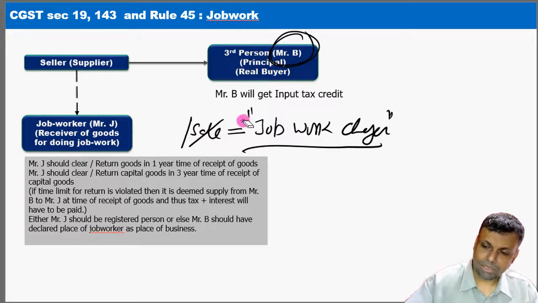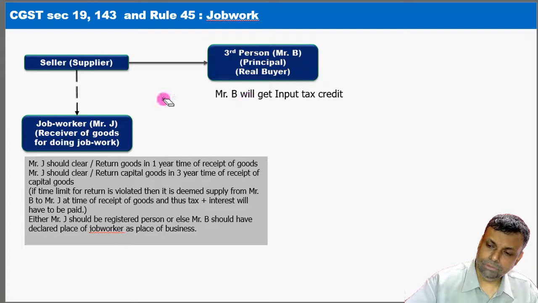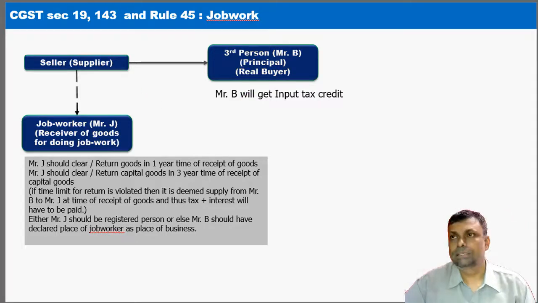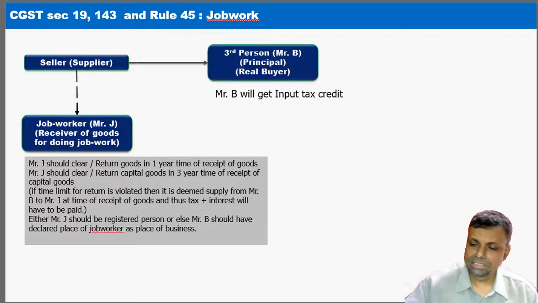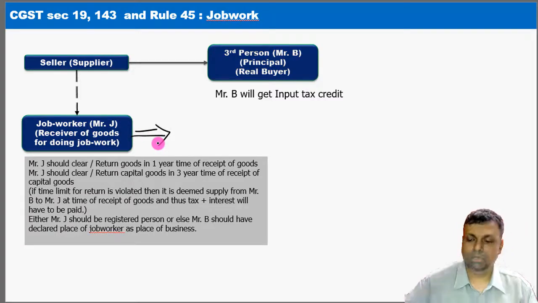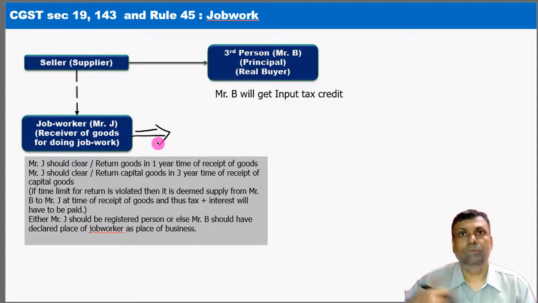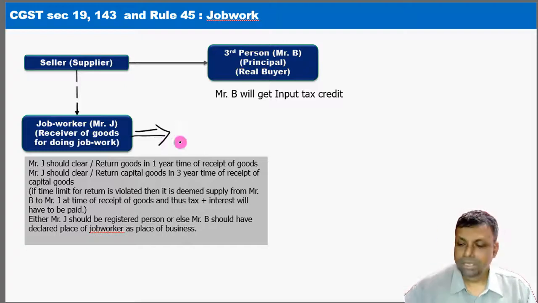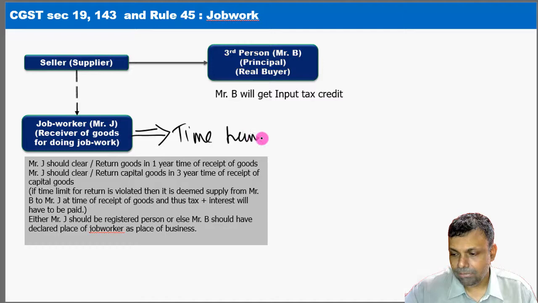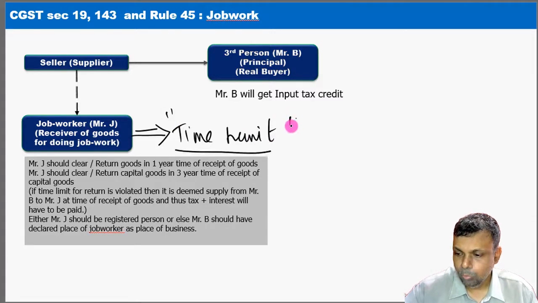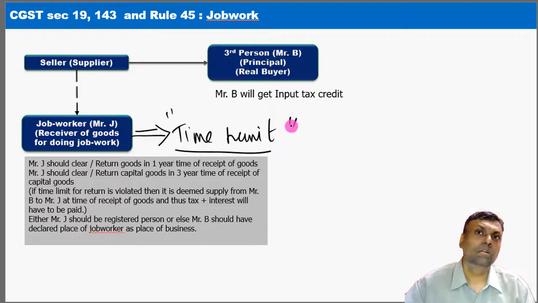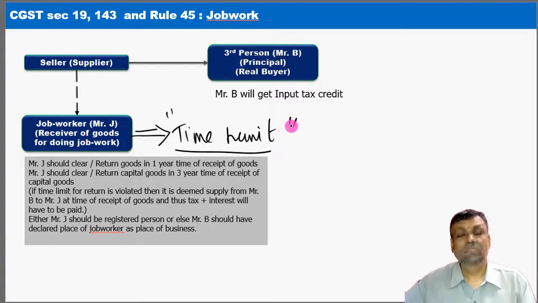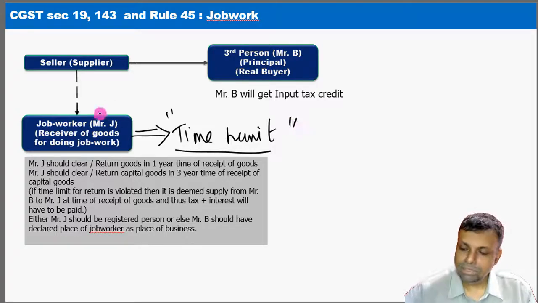Now the law says, because these particular things are so friendly with respect to the job worker, that there are certain limitations here. Certain limitations in the sense that the job worker has received the goods, and thereafter he is going to transfer the goods, but it is not for his purchase and sale. So when the job worker is receiving the goods and transferring the goods, it has to be done within a specified time limit. Listen very carefully. It is to be done within a specified time limit. The law has provided for a reasonable time limit. Now, let us assume a worst case scenario that the job worker is violating that. That means the job worker has received the goods.